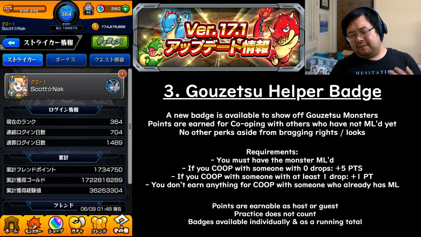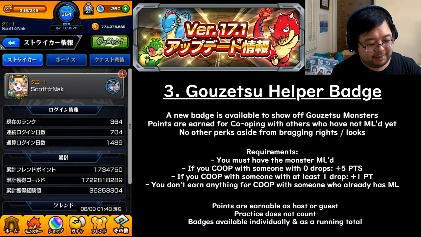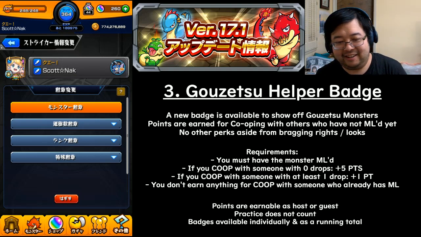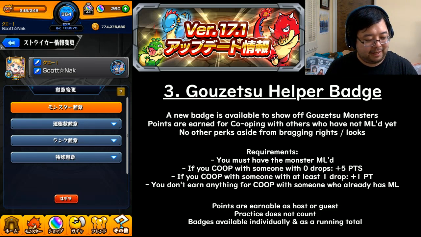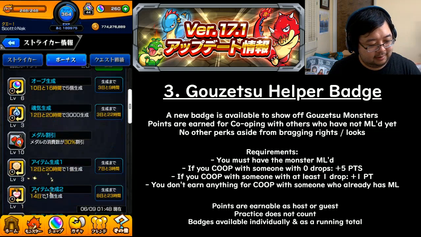Number 3, this is just for cosmetic purposes, but Gouzetsu helper badges are now going to be available. If you don't know what a badge is, you go here and you can assign your badge here. Right now, of course, I have my Max Select Curry Queen Butterfly. Still love that image there. But what you have here is this helper badge, and you can see your progress on that by going to this page, going to bonus, and you'll see this new